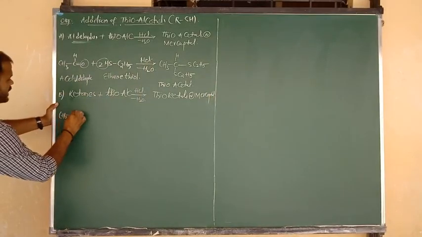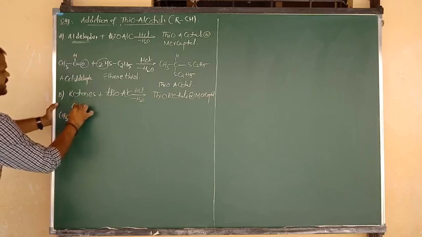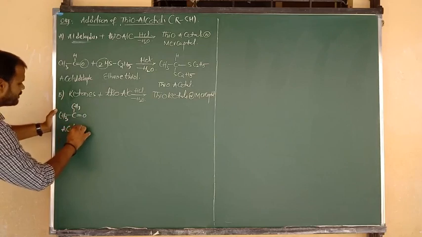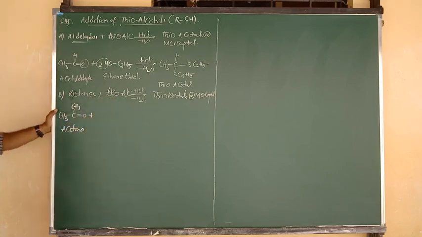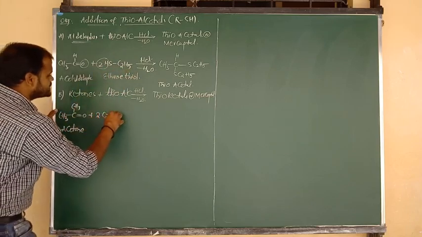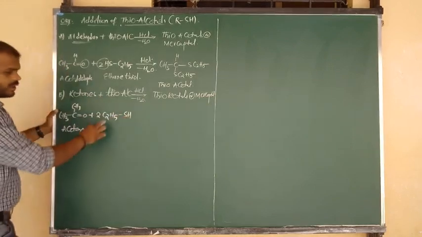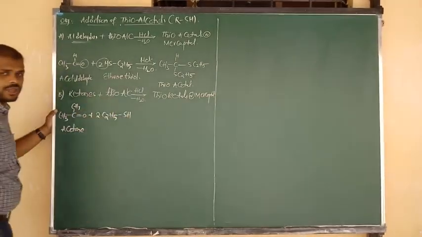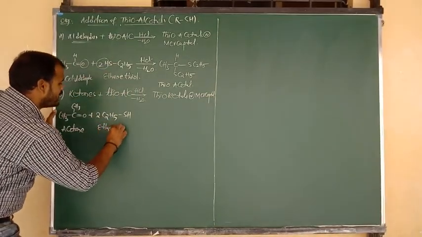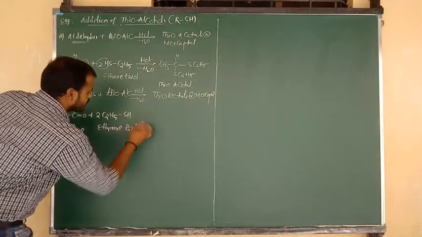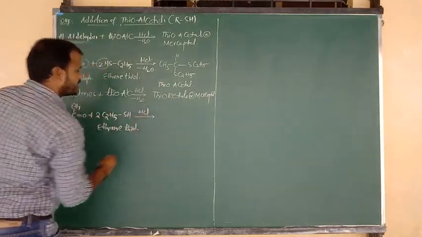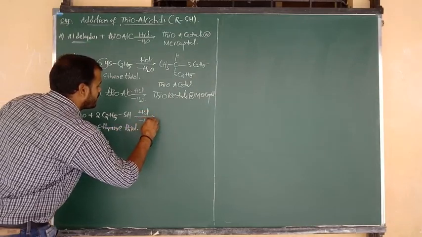Now what is the formula or equation? For example, for the ketone we are going to consider acetone, CH3 bonded to C double bond O bonded to CH3. What is the name of this compound? Acetone. Upon addition with thioalcohol, the same 2 moles of C2H5 bonded to SH, looking like ethyl alcohol, but we say ethane thiol. You can write it this way or in reverse, as you wish. Addition of ethane thiol takes place in presence of HCl, followed by elimination of water molecule.